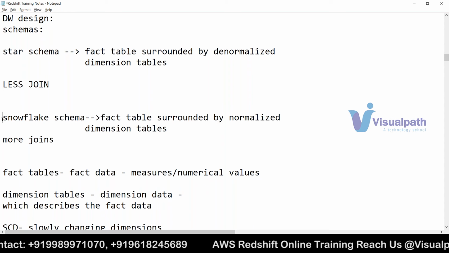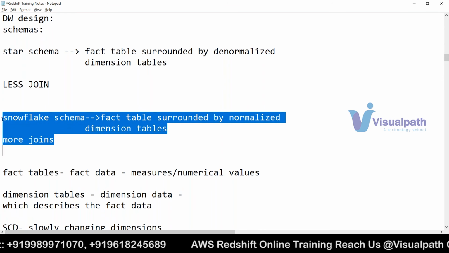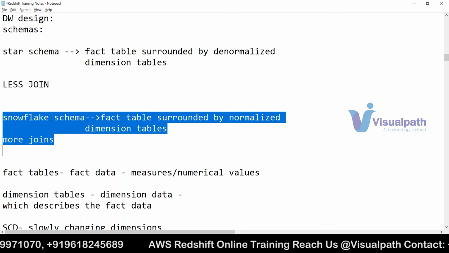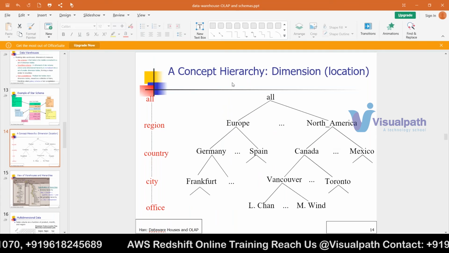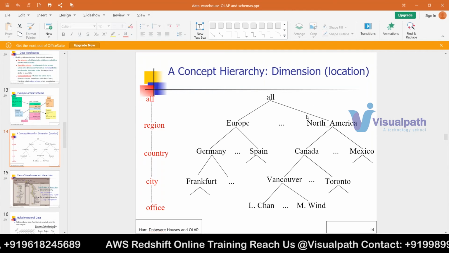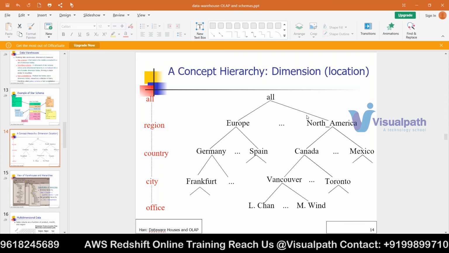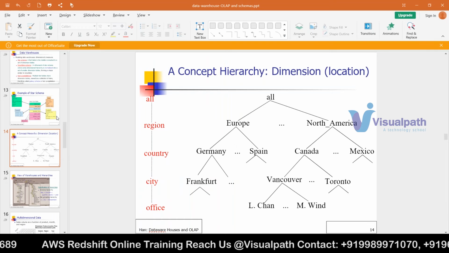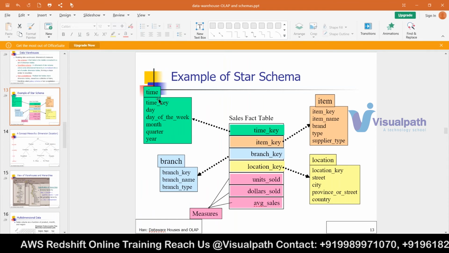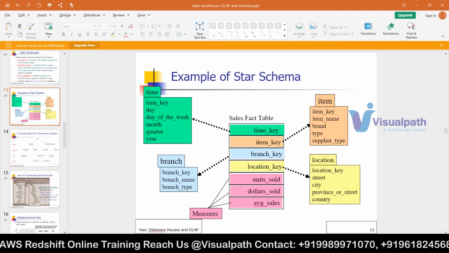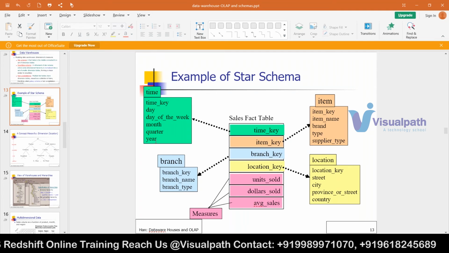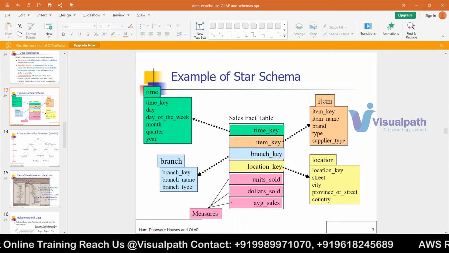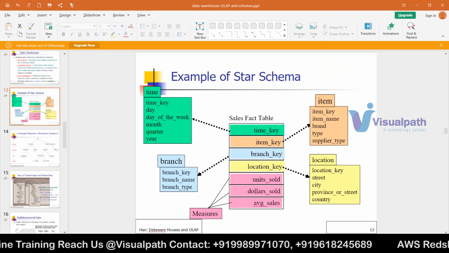Another major factor in deciding is that some people voluntarily go for Snowflake schema, because in Snowflake schema we can have dimensions from multiple angles. In the dimension table we can have region-wise, state-wise, even city-wise, in different tables. Even the date dimension can be divided into different granularity, for example day, week, month, quarter, year. That is a different level, a different hierarchy.